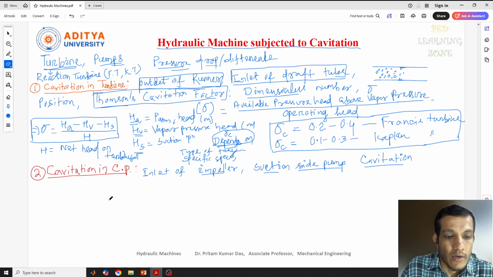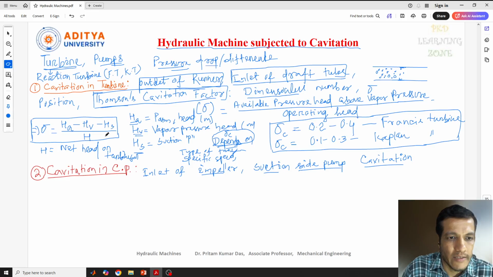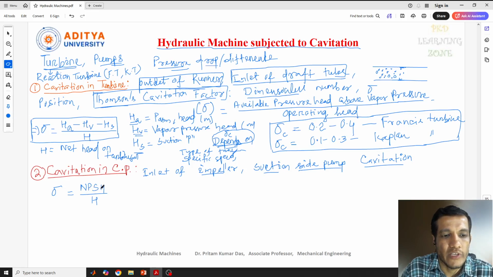To overcome this, the Thomson cavitation factor is again given by a formula, a similar method. One formula we can write, here also sigma, equal to NPSH divided by H. NPSH means net positive suction head. What I have written before, the same thing I will write here again, the formula: H atmospheric,